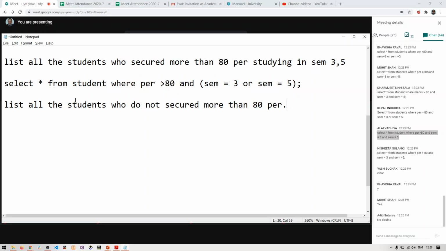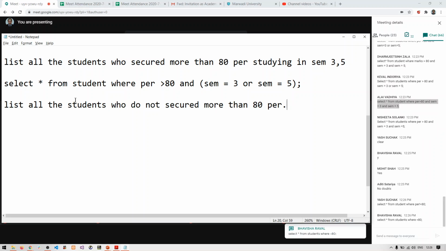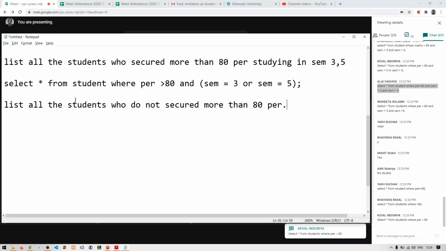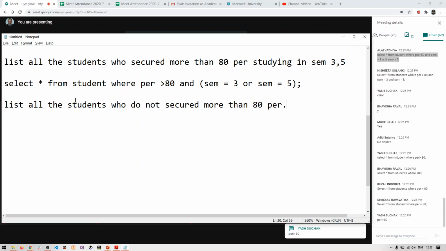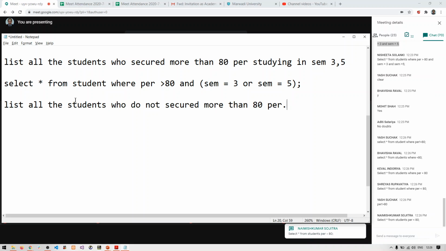Anyone now? Okay, fine. So some of them already used the relational operator less than. Yes, there is no exclamation mark we can use in this particular SQL. Okay, so make sure of this.